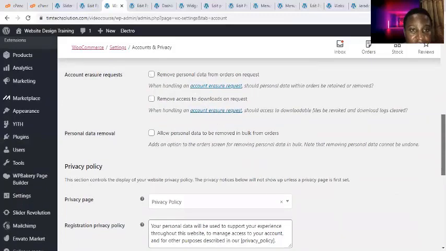All right. So another thing here is account erasure request. Remove personal data from orders on request. You can see this one, remove downloadables on request. So personal data removal: allow personal data to be removed in bulk from orders. So come up here and